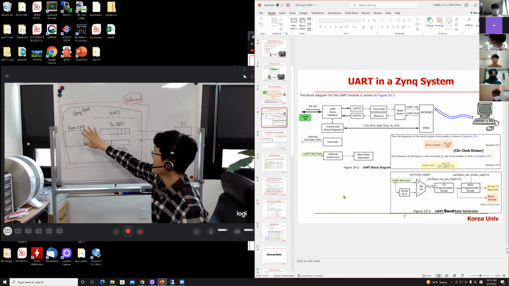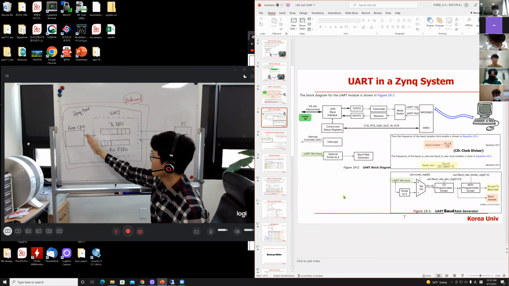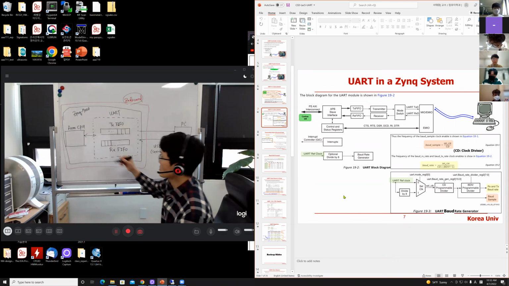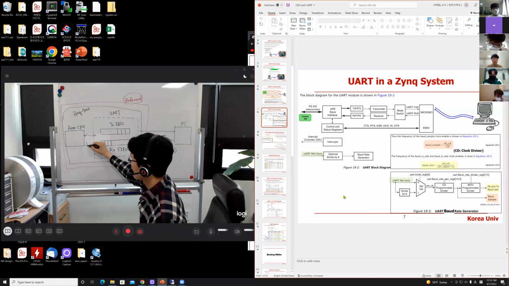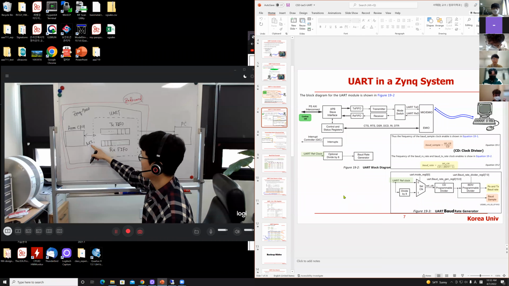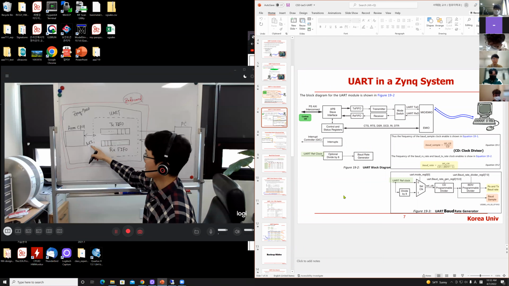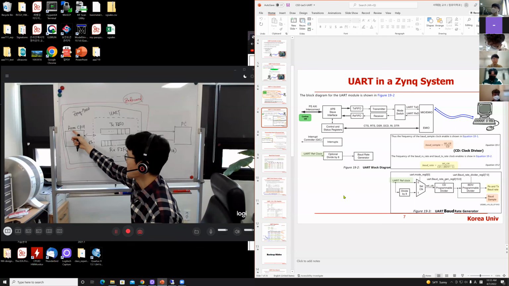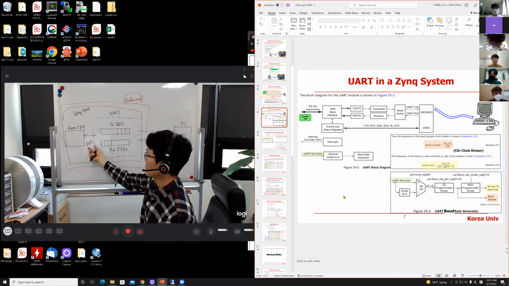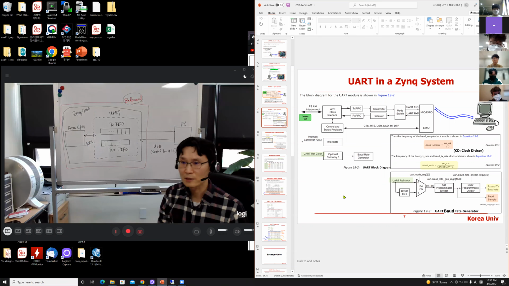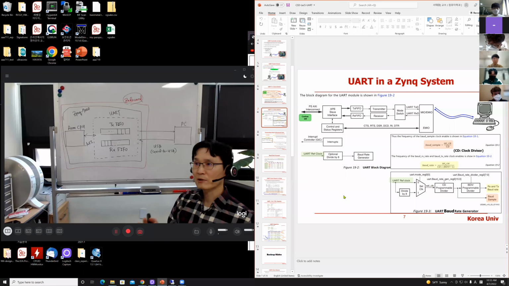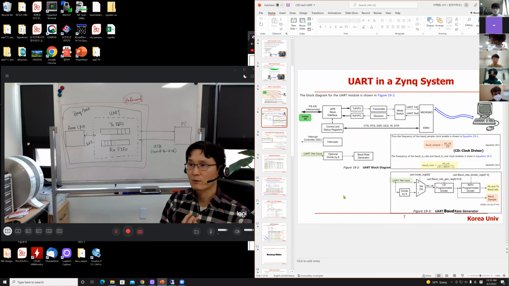CPU is accessing this UART through that connection. That connection is called AXI, Advanced Extensible Interconnect. I think that is ARM's proprietary protocol. So if you join, probably after graduation, Samsung Electronics or LG or SK Hynix, then if you are involved in